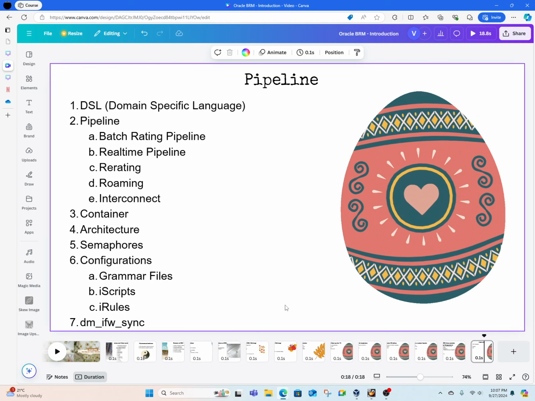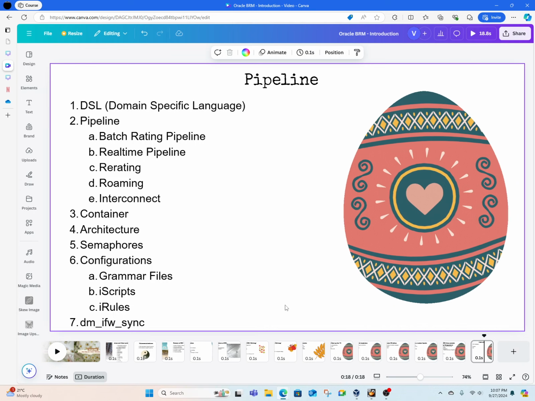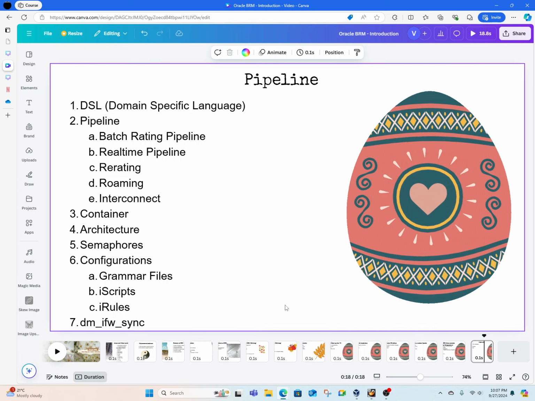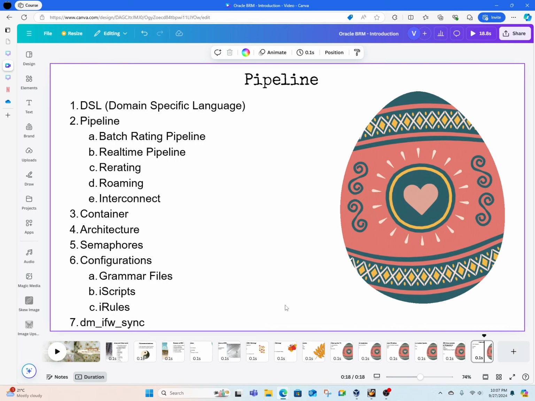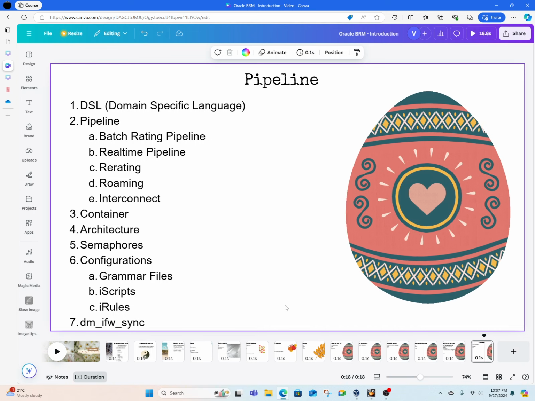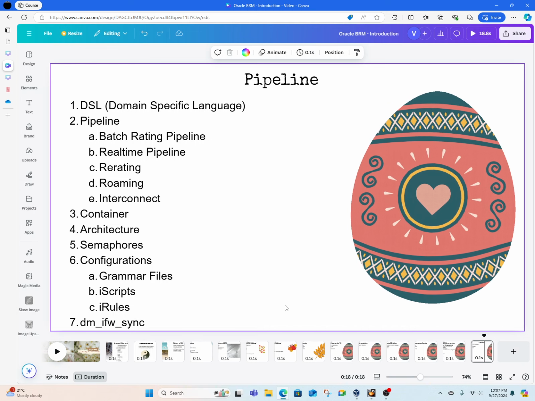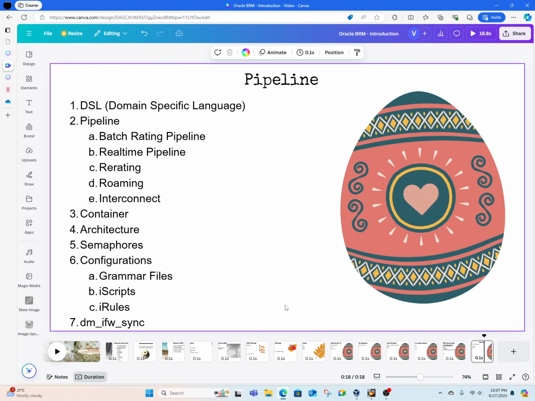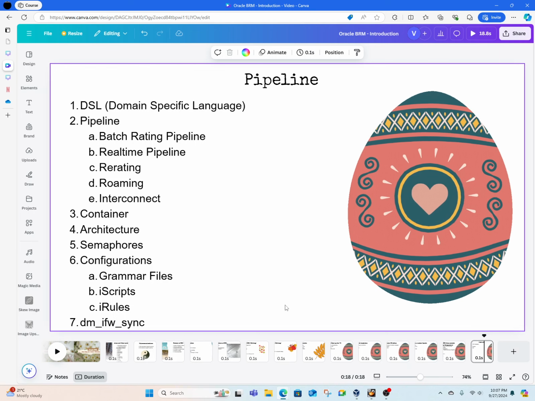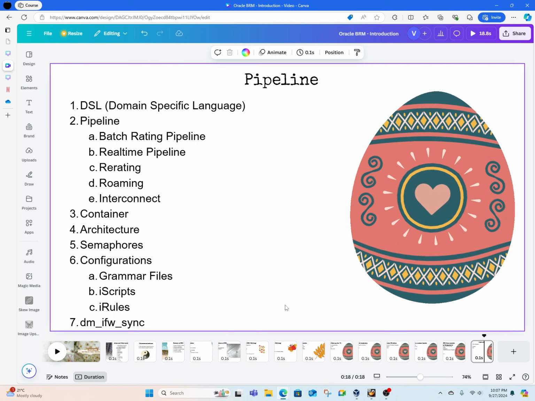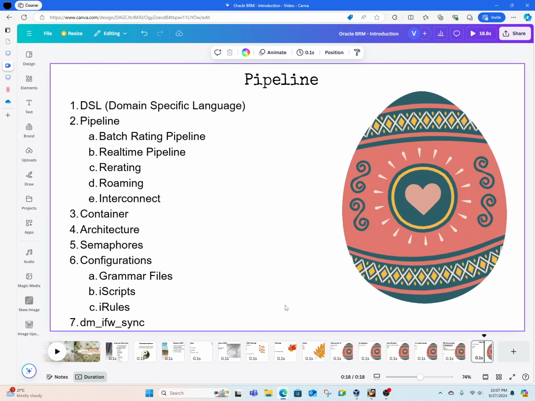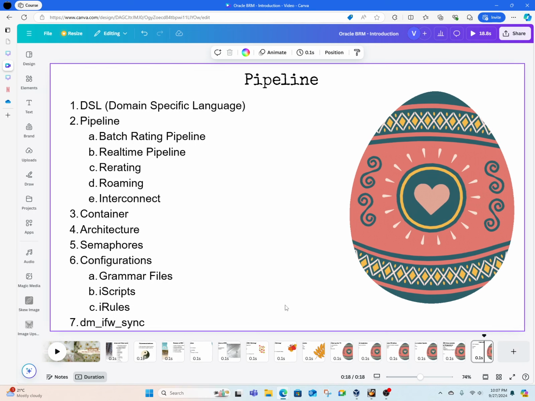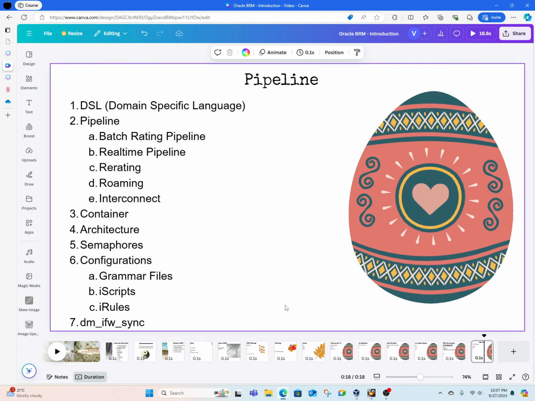Then how will the in-memory or cache memory of the pipeline get updated? Because when we bring up the pipeline process, it already reads all the data from the BRM database and creates its in-memory cache. The container is ready and it's already processing. Now the customer's information gets changed in the database, because the Infranet opcodes and the setup updated the cache memory and the BRM database. But how will that information from the BRM database be